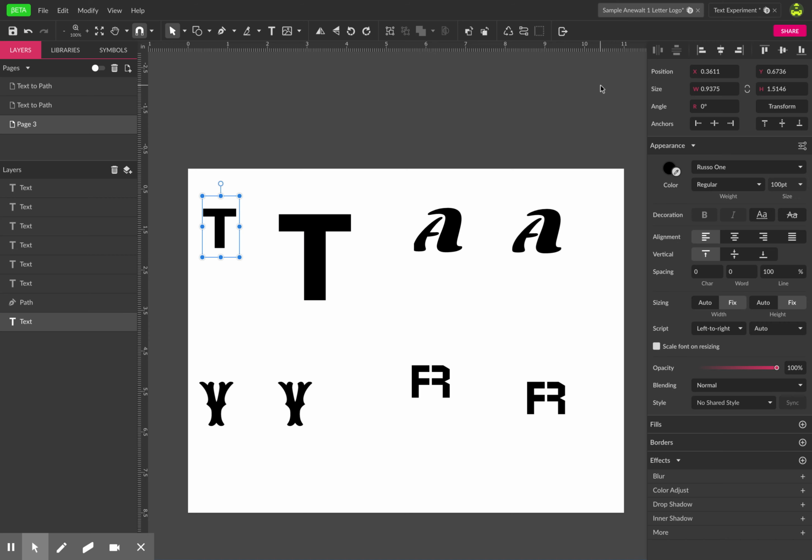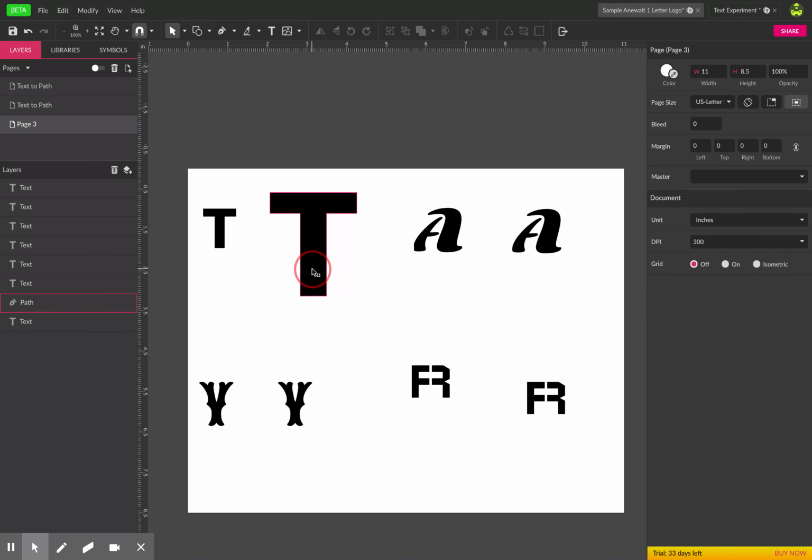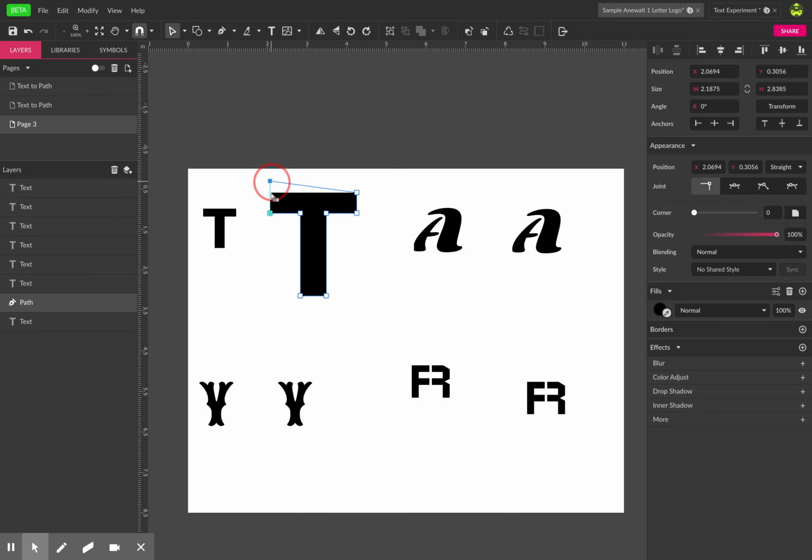But as soon as you change it to a path, you really can't like go back and change it to text and like add more text to it later. So you want to be kind of careful and deliberate if you're like designing a poster. But for our purposes, you make your duplicate, change to a path, and then use the sub-select tool right here, and you can manipulate these points. You can move them up, move them down, move them all around,